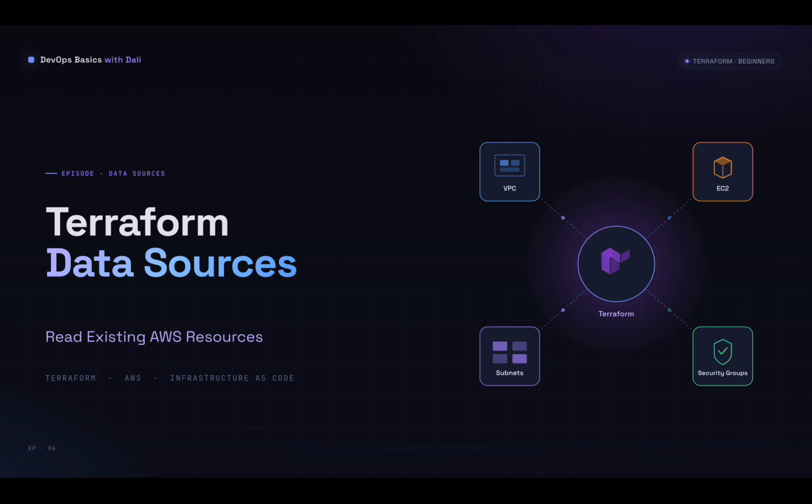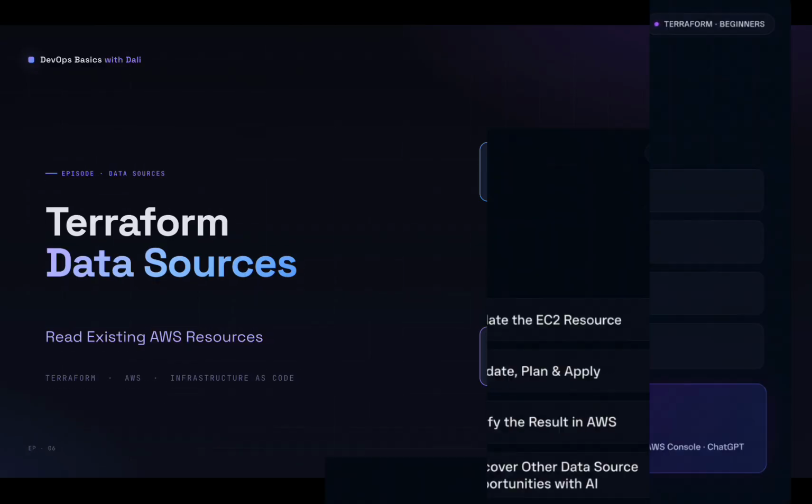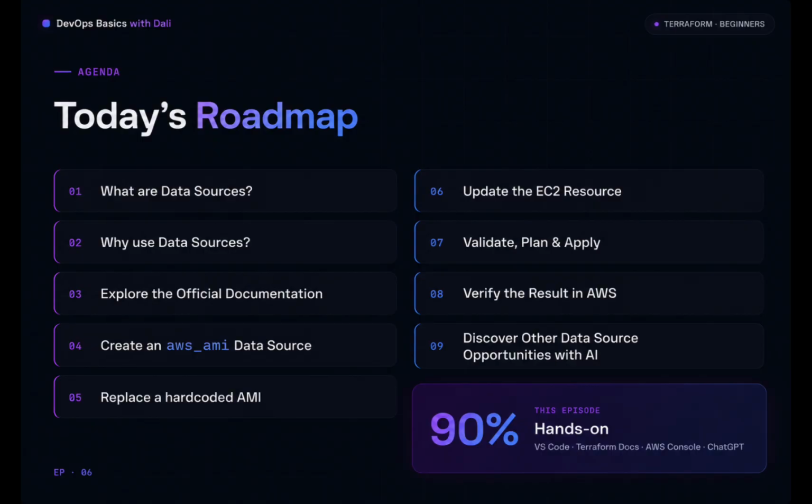By the end of this episode, we'll deploy a new EC2 instance using AWS infrastructure that already exists. Here's what we'll cover in this episode. We'll start by understanding what Terraform data sources are and why they're useful. Then, we'll go to the official Terraform documentation and learn how to find and understand a data source before writing any code. After that, we'll create our first